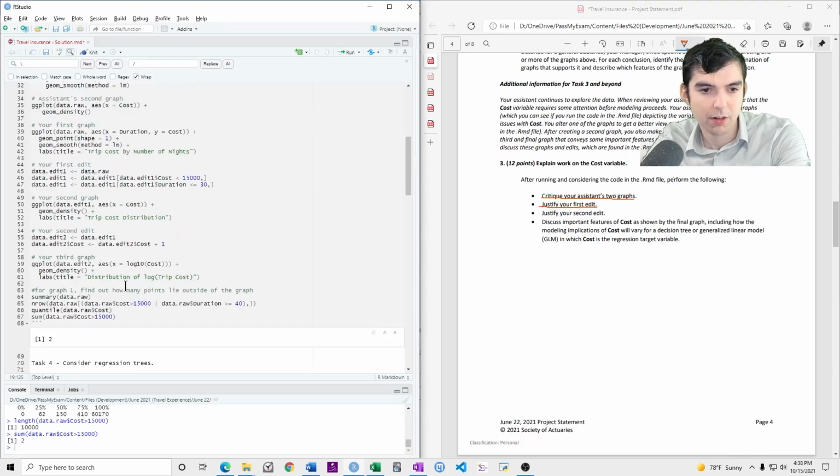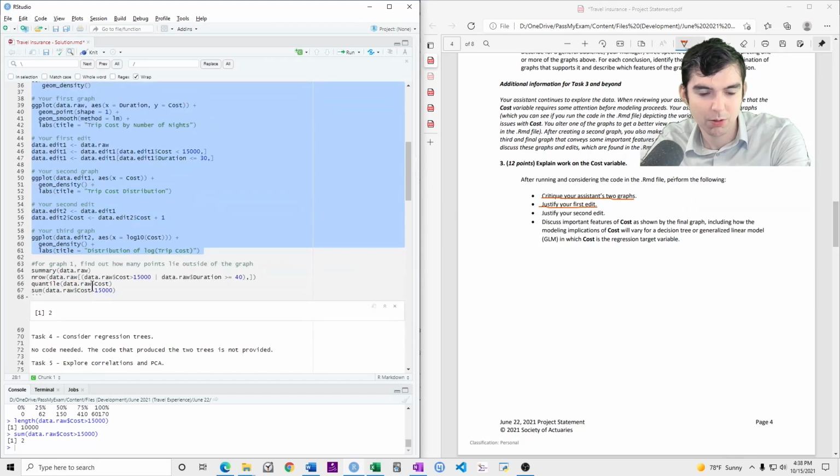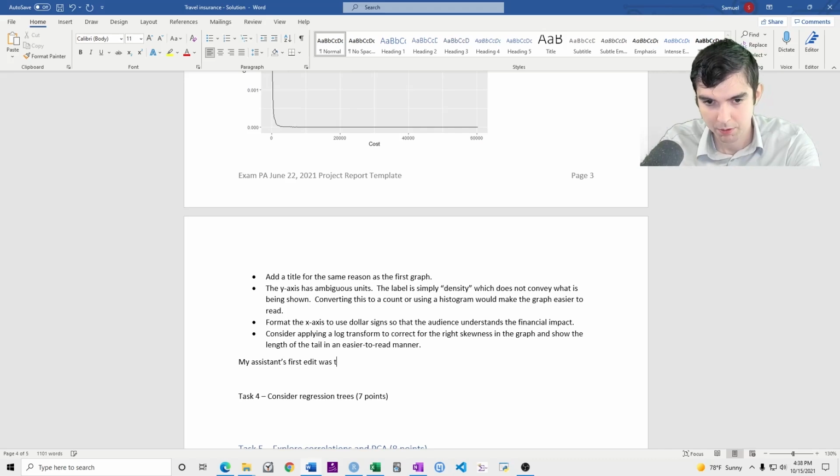It doesn't result in an error, and we're not changing this code. What we're doing is our own detective work. So my assistant's first edit was to remove 2 observations where cost is above 15,000.